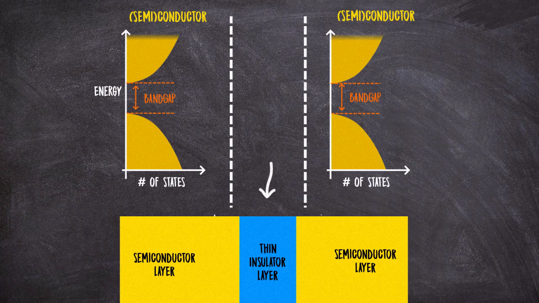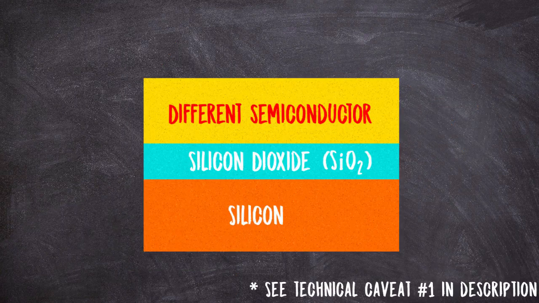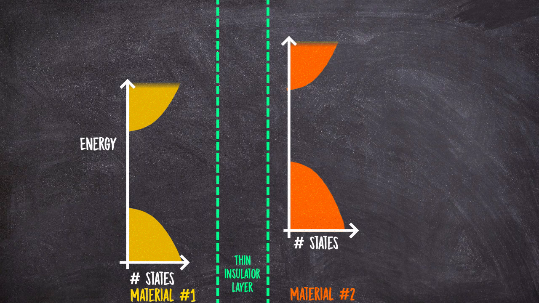But anyways, moving on, we said that when we have a sequence of layers like this with a thin insulating layer, and we apply a voltage to it, in addition to the insulating layer potential barrier getting thinner, the energy of the states of one side are lowered relative to the other side. Given that, let's say you had a different material at the opposite side of the insulator. Both semiconductors, but say that the semiconductor on the other side, for whatever reason, was different so that it naturally had states like this. We see that for our important electrons here, flow is now impossible, because not only are there no states for them in the insulator, which was the case before, but now there aren't any for them in the semiconductor on the other side either.